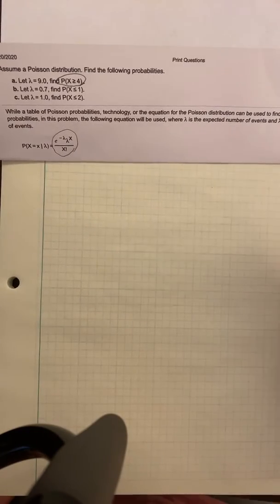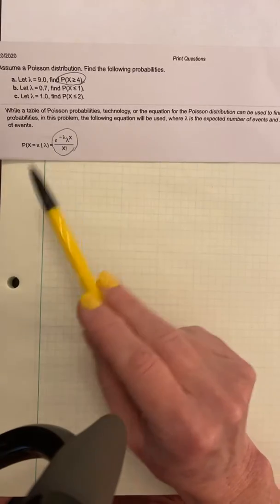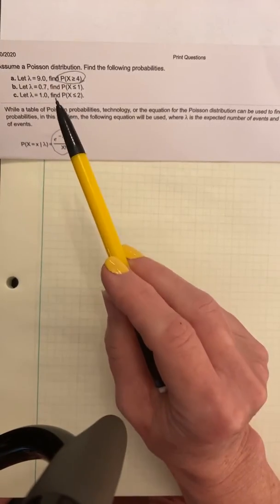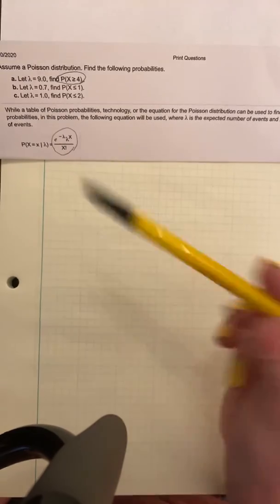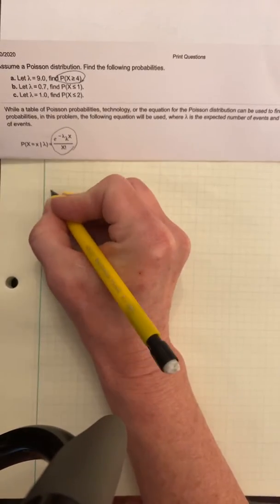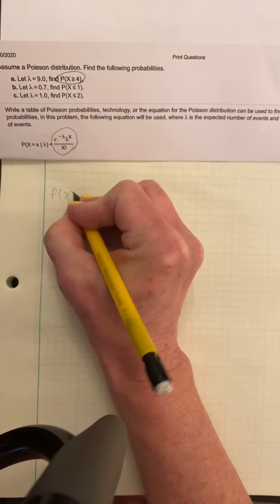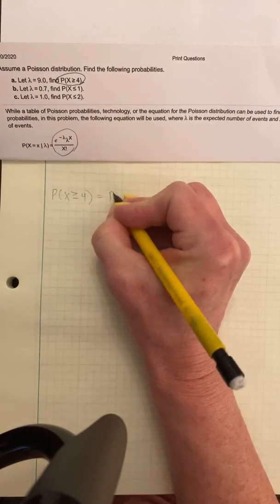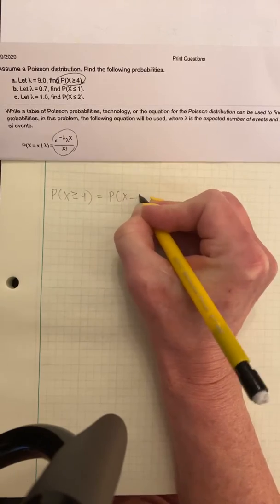This is a homework question from 5.3 for the Poisson distribution. There's our formula there. And I'm going to look at part A. We're looking at the probability that x is greater than or equal to 4. Well, the probability that x is greater than or equal to 4 means we could have 4